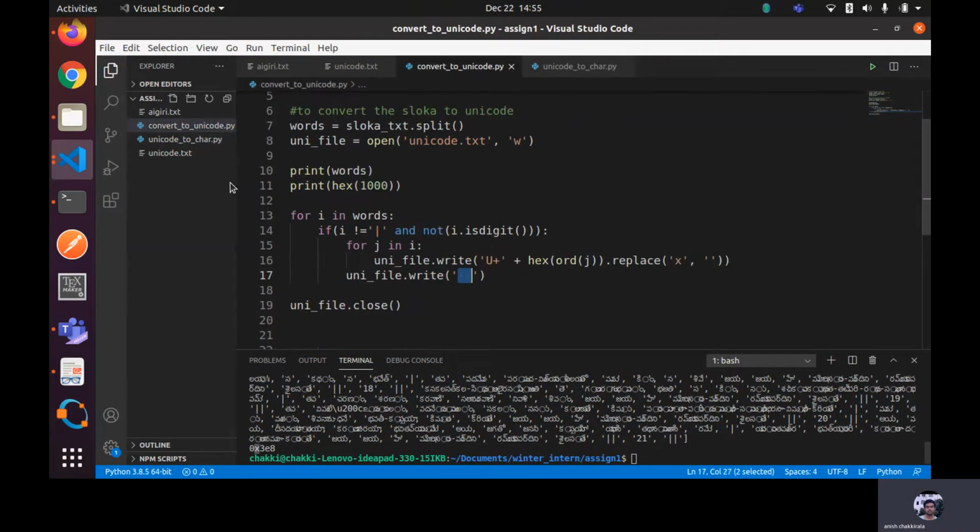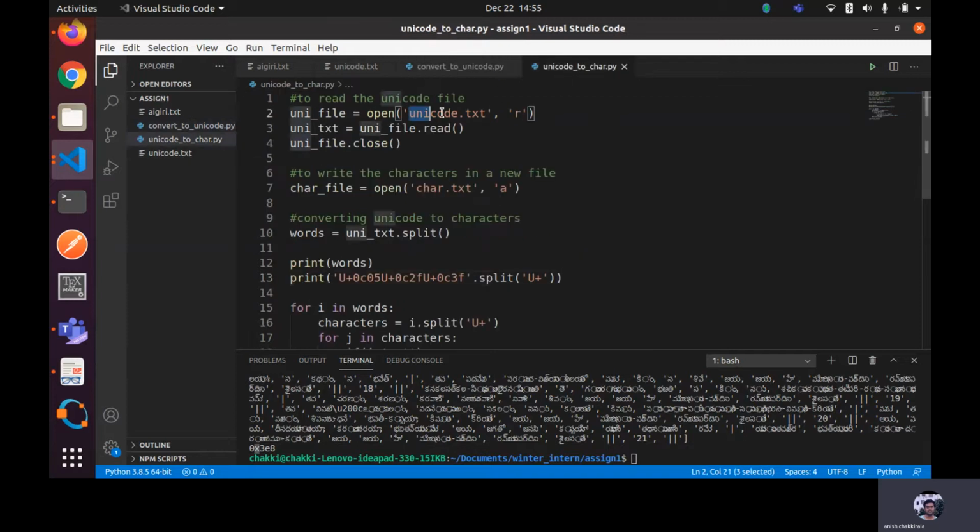so once we run this file, we get this unicode.txt. So I'm opening unicode.txt in the read mode, and I'm getting all the text present in that file. In the Unicode file, I'm getting all this text present over here. And I'm also opening one more file called char.txt, and I'm opening it in append mode, which means I can write to this file, and whatever I write to the file will be appended at the end. So I'm opening the char.txt file